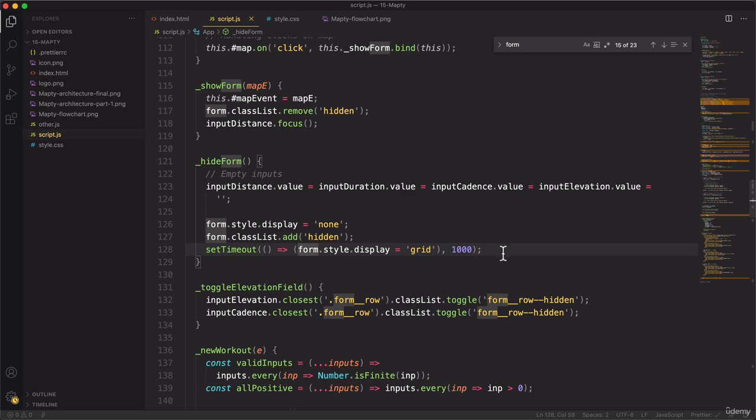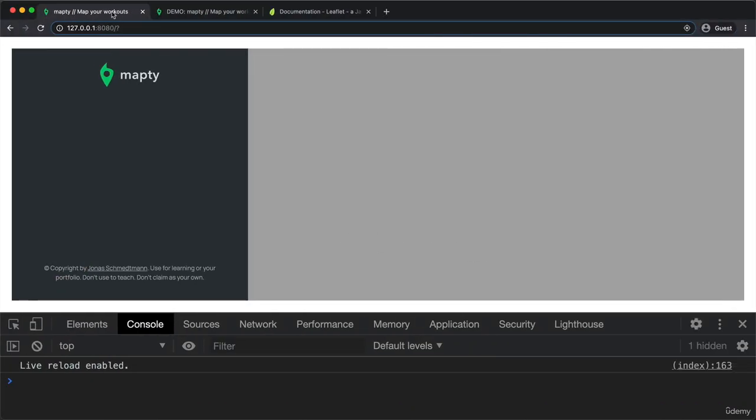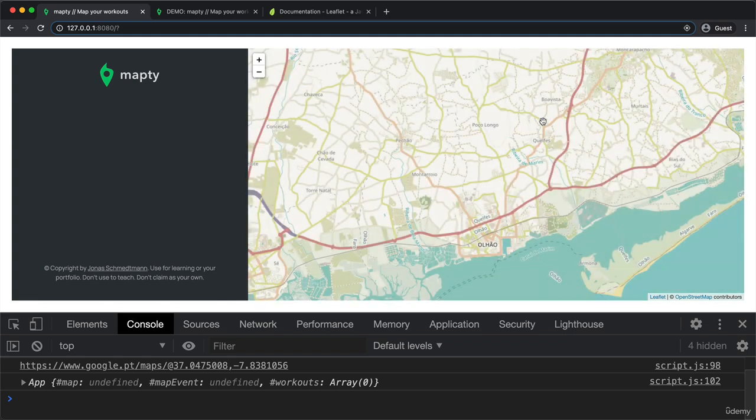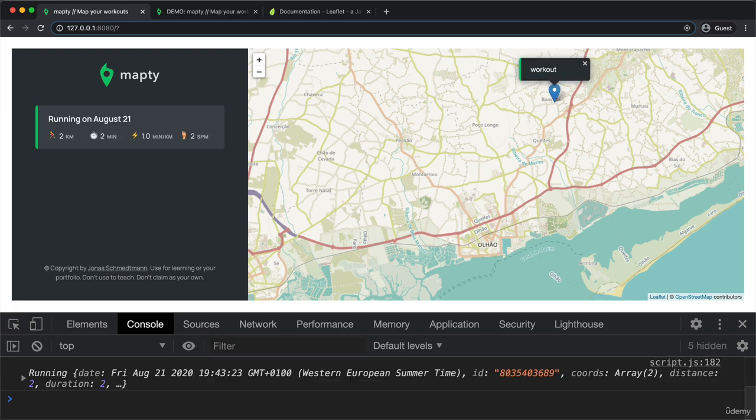And so, yeah, let's see now. All right, so again, you saw that animation happening there. But now let's see if we get our desired result. And yes, there it is. So indeed, we did now immediately hide the form, and then after 1 second, we brought back the original display